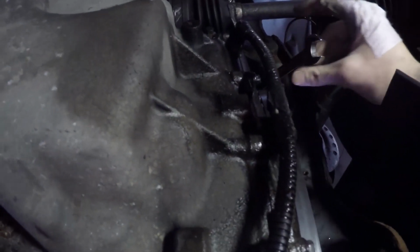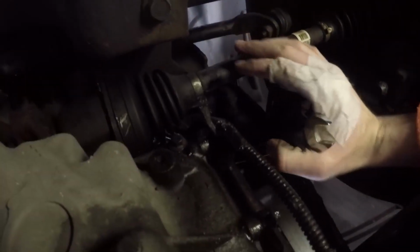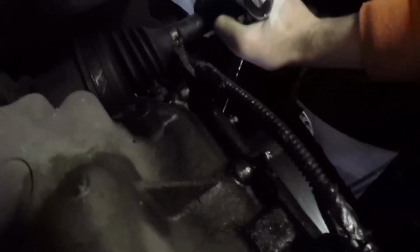So underneath the vehicle again, this is a 15mm wrench. The very far last pulley, the one that the wrench is tapping right now, is your idler pulley that adds tension. So you do want to remove your entire serpentine belt. It is quite a long one, I think near 85 inches total. And all you want to do is just grab against the CV joint, pull the wrench towards it. You can do it with one hand, and then it's really nice if you get a friend at the top and